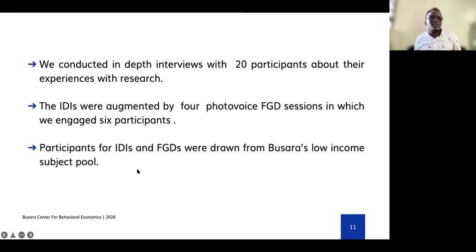Busara maintains a participant pool of around 80,000 participants. And these ideas were augmented with 4 FGD sessions. We sought to understand what participants think about the current research processes, what they think about what researchers are doing right now, as well as what they would want